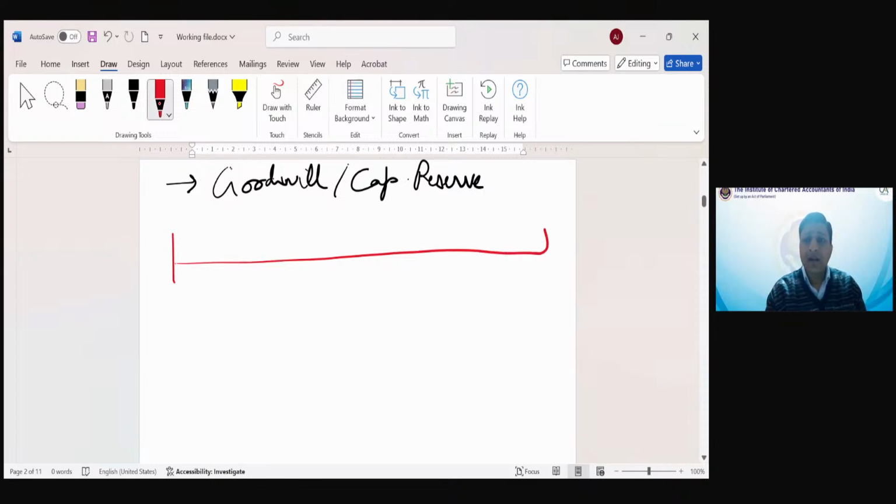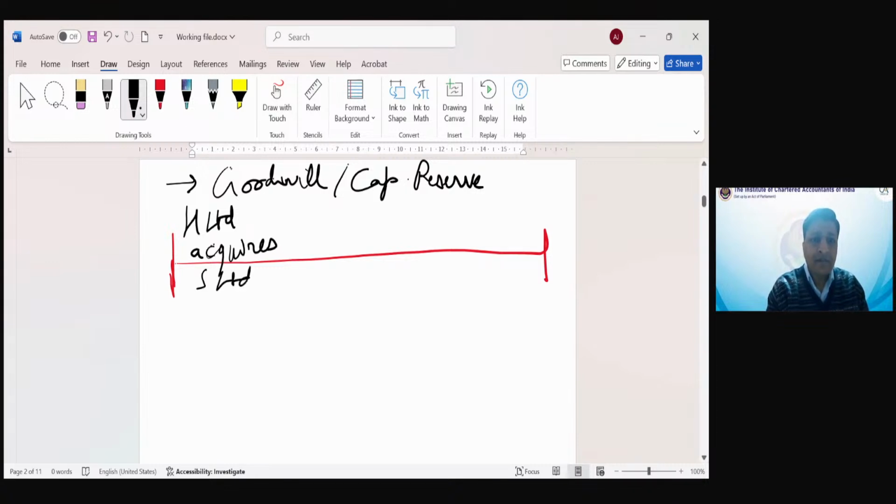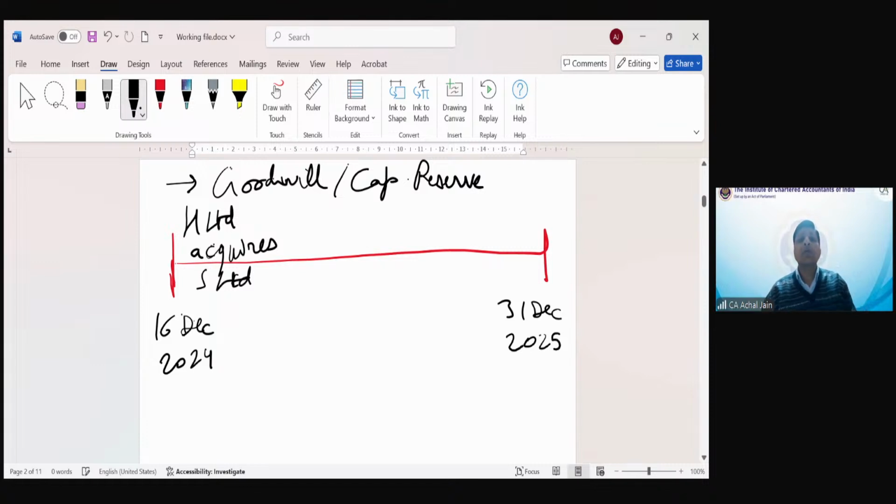Say a company has been acquired. Now what is the acquisition? H Limited has acquired S Limited. Now what is the date? The date is 16th of December 2024. So this is the date when this acquisition has taken place. Fine. Now, starting from 16th December up to 31st December 2025,